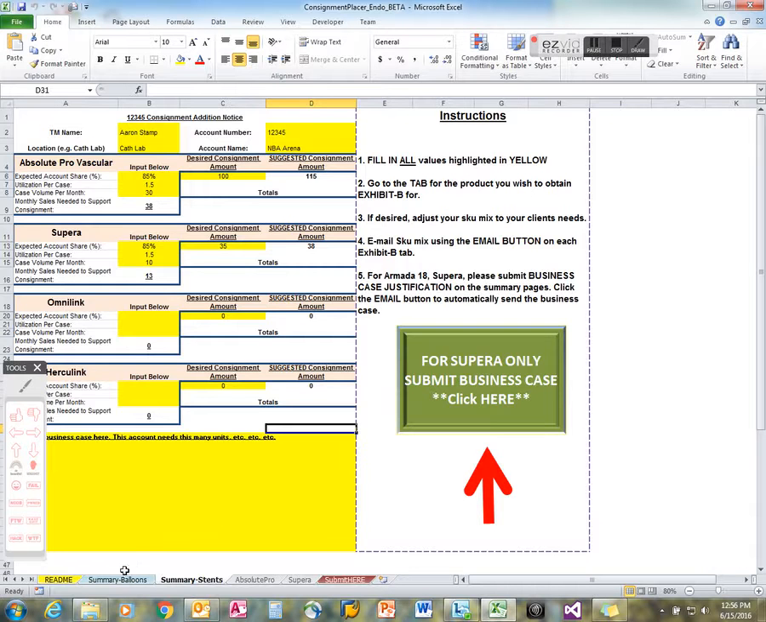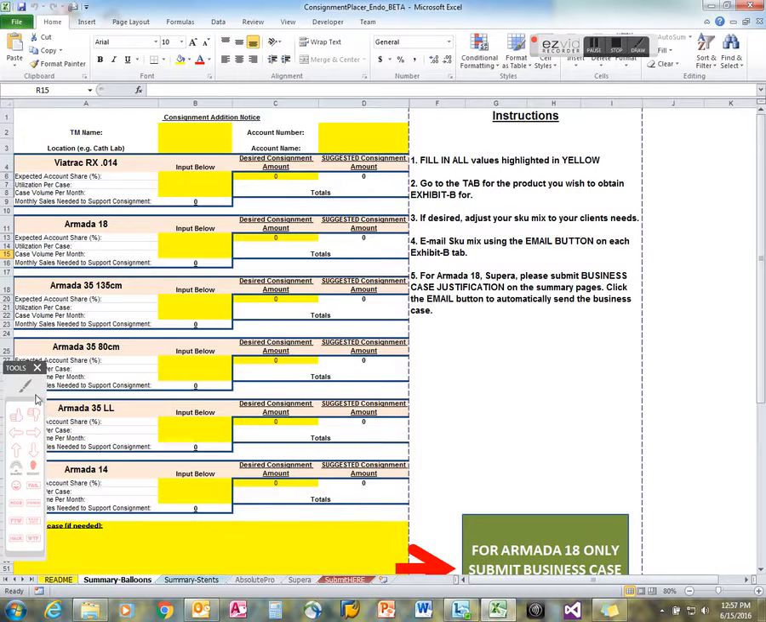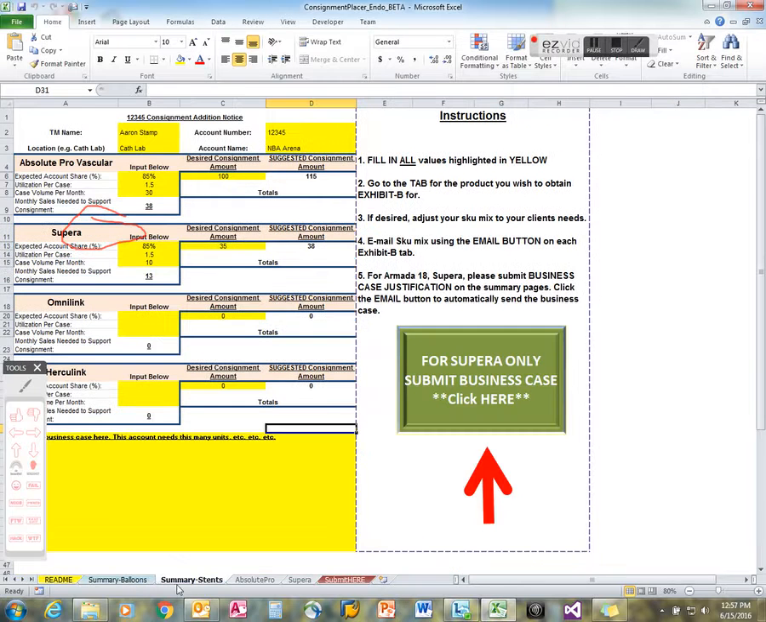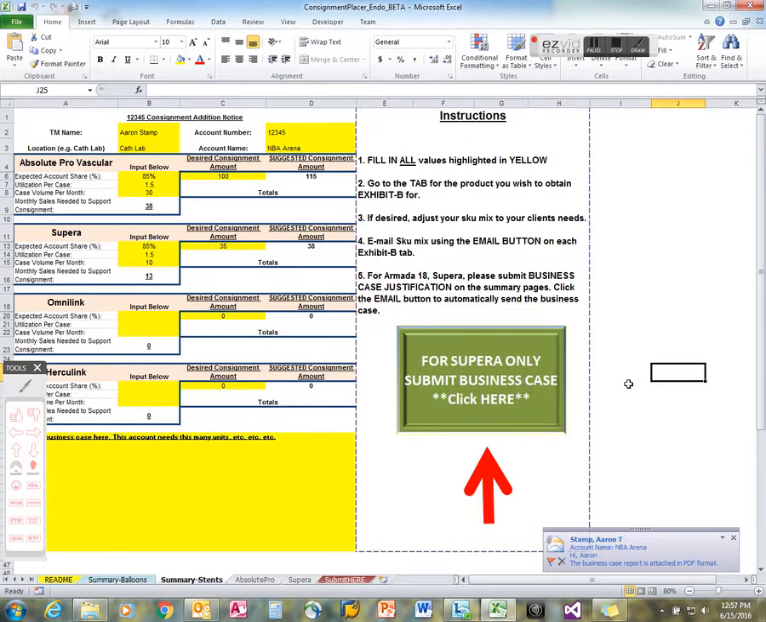Armada 18 has a similar procedure. There's a green button to the side that says for Armada only. And that's basically it. So if you have any questions, you can just give me a call or email me,